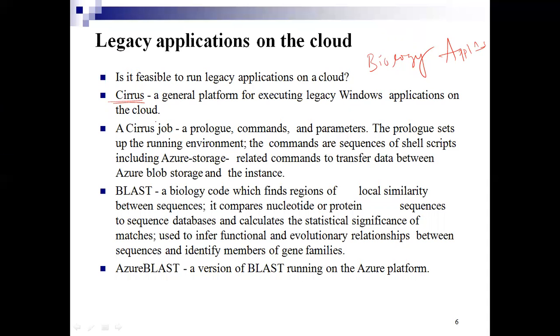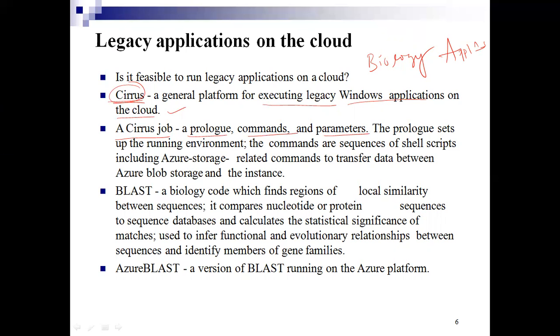There is a pictorial representation in which we can see how Cirrus actually works. It's a general platform for executing legacy Windows applications on the cloud. A Cirrus job has a prologue, commands, and parameters.